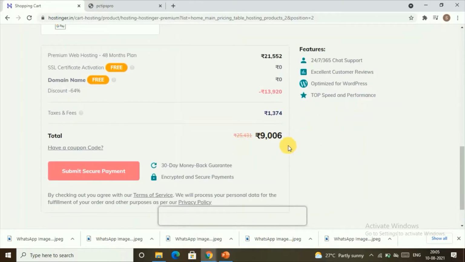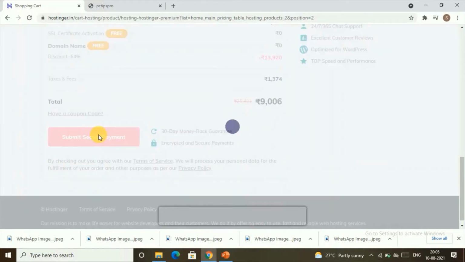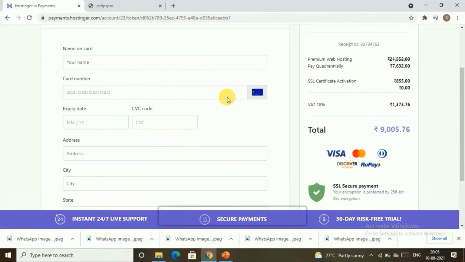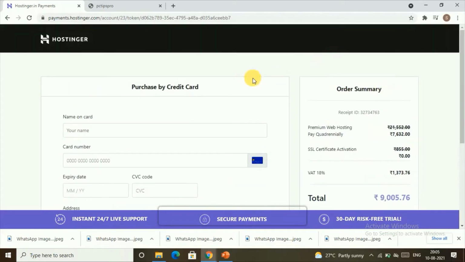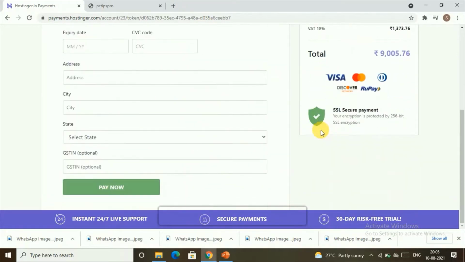Here you can see the overall total, and you can click on submit secure payment to make the payment. You also have a 30 days money back guarantee. If you don't like it, or if you have any problems, you can just get this 30-day money back guarantee. Then you can enter your payment details, and click on pay now, and you will get an option where you can select